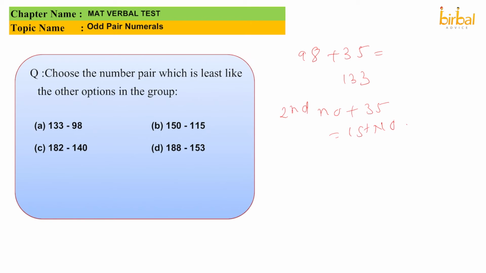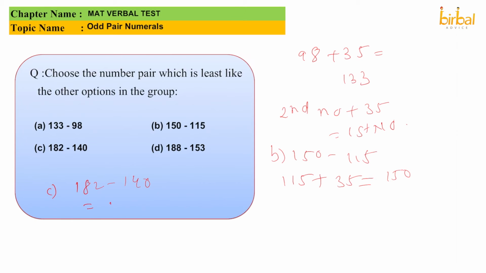Option B is 150 and 115. So if we add 35 to 115, we get the answer as 150. So is it following the pattern, students? क्या ये pattern follow कर रहा है? मैं definitely कह सकता हूँ कि option A and option B एक pattern follow कर रहे हैं. But अगर मैं option C की ओर देखूँ, which is